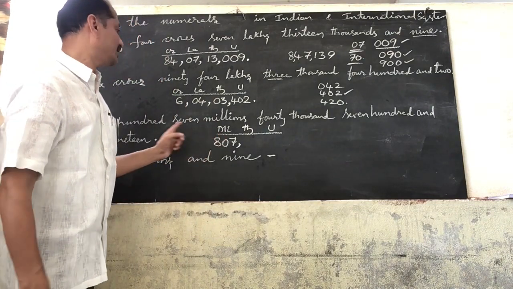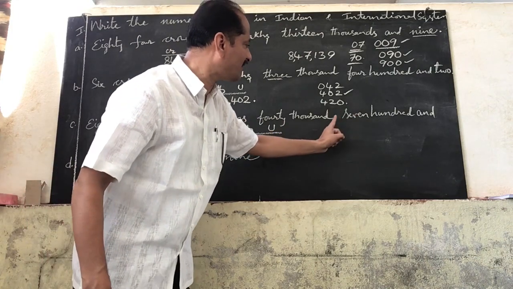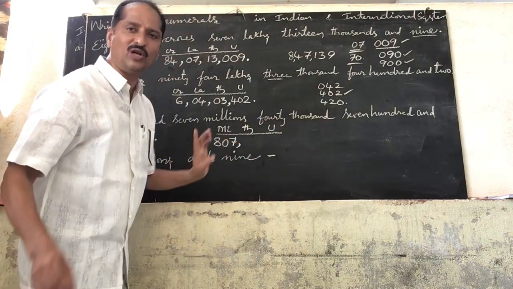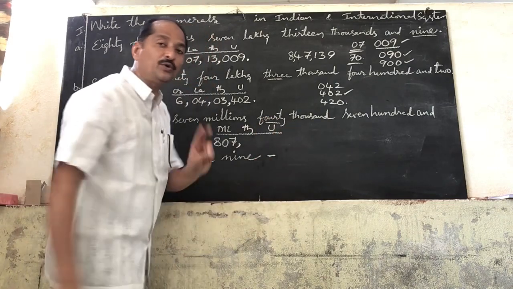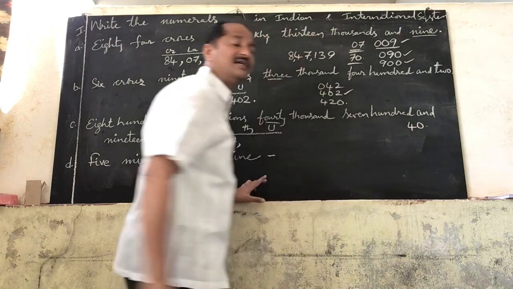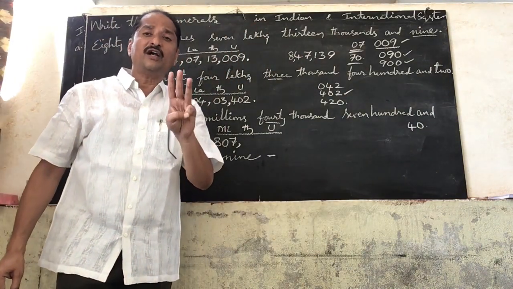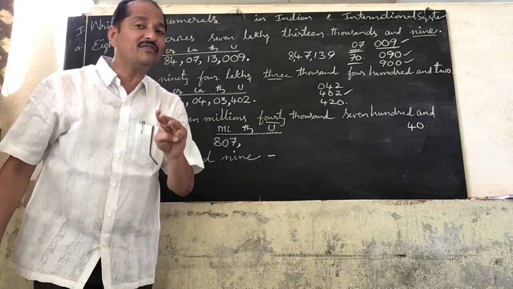40,000. It is 40 thousands, only 40. 40 means only 2 digits he has given. So how can you write 40 in 3 digits? But thousands period also contains 3 places in the international system. So you have to write 40 in 3 digits. How can you write 40 in 3 digits?